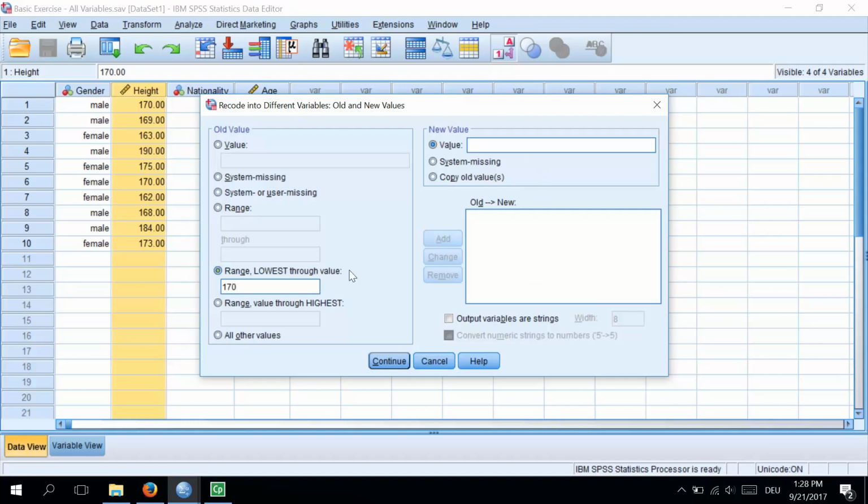because we are using range lowest through value, and this takes, I say it again, all values less than or equal to some number, so it will take all values less than 170 and 170, and we want to recode all these values to group number 1. When you have done this, click on Add to add this change, and we need to do this for all